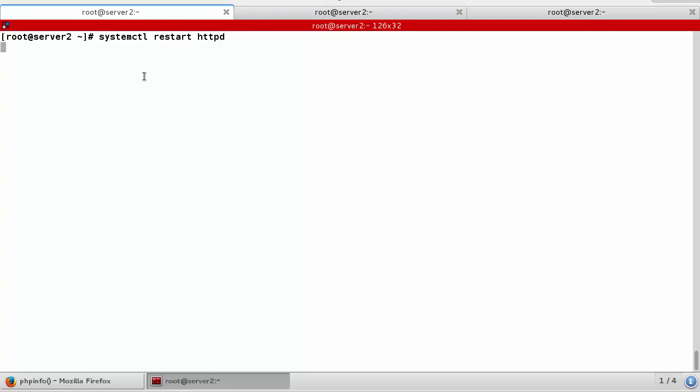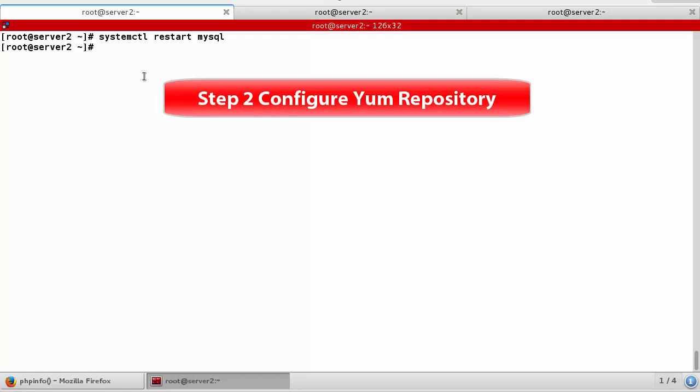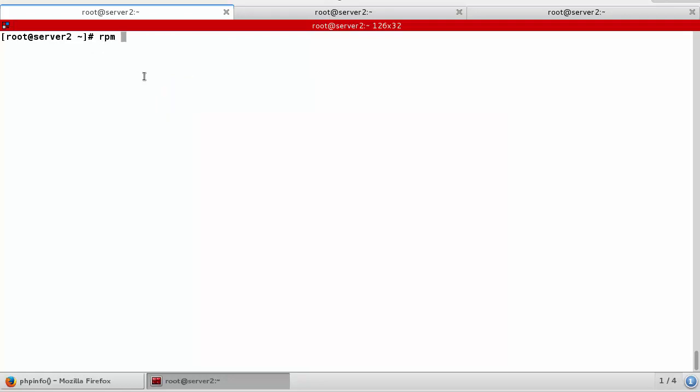And then you need to start or restart the Apache web server. Also, you need to secure MySQL by using this command. Okay, then step 2, configure yum repository. So in this case, we have to install like this.